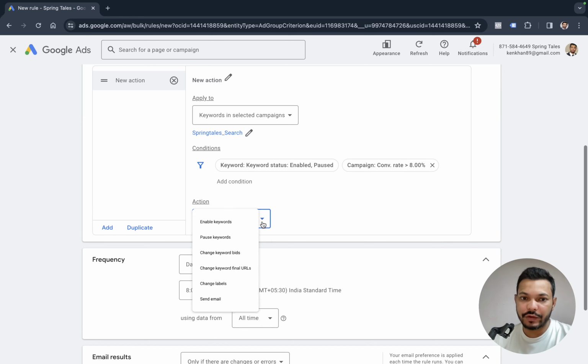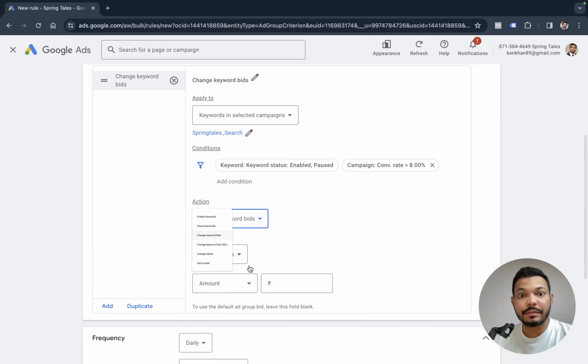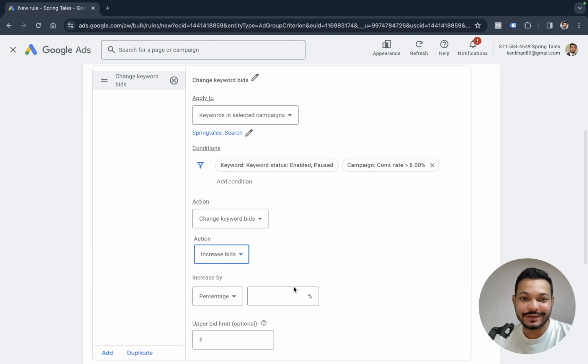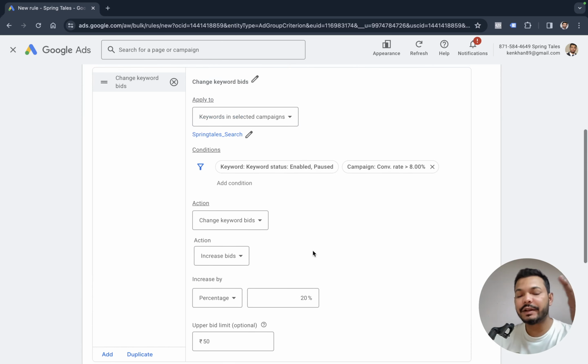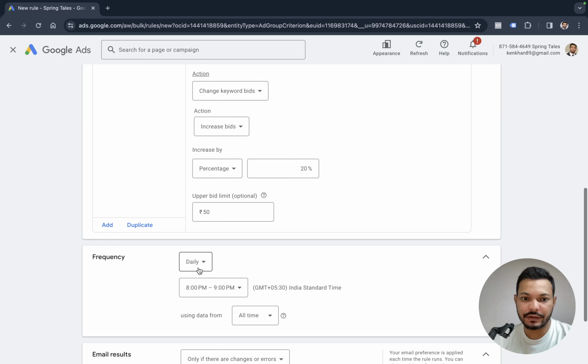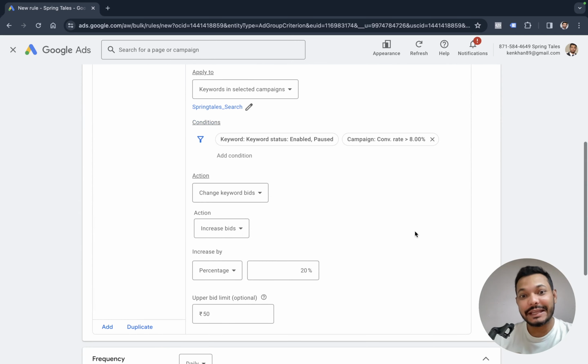Apply. And what will happen? Let's say we increase the bidding of these keywords by 20%. At the same time, we want to make sure the keyword bidding does not go beyond 50 INR, for example. So what we are doing is, let's say we have any keyword in the account where the conversion rate is more than 8%, and with this rule on a daily basis, let's say we run it every single day between 8 and 9 in the night,